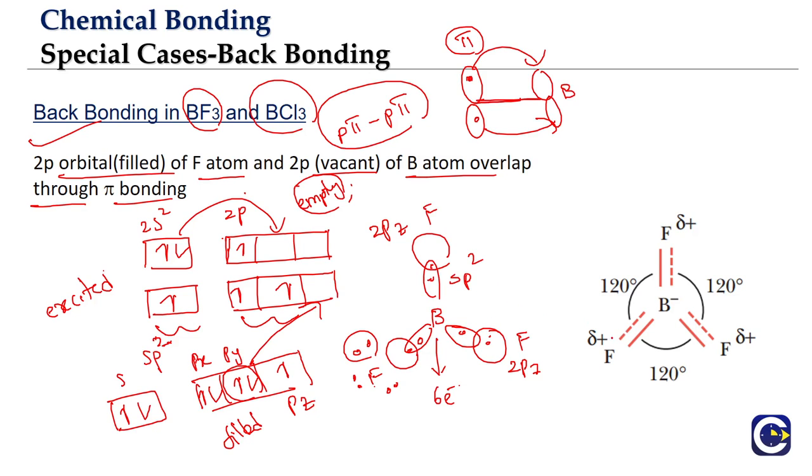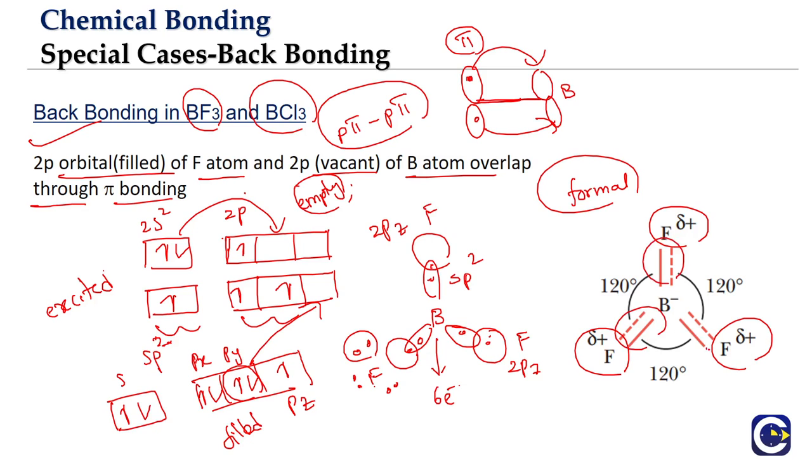Okay, so as a result of it, when we try to look at the formal charge, see, in a coordinate covalent bond, right, a formal charge plus will come on the donor atom, formal charge minus will come on the acceptor atom. So if you see, the partial formal charge will be on all these fluorines because of the resonance, and you see the bond characteristics will be what? It will be intermediate between that of a single bond and double bond. Actually, we cannot draw a Lewis diagram to represent resonance hybrid, right? That's why we put a dotted line. It is telling what? The bond characteristics are in between that of the single bond and double bond.